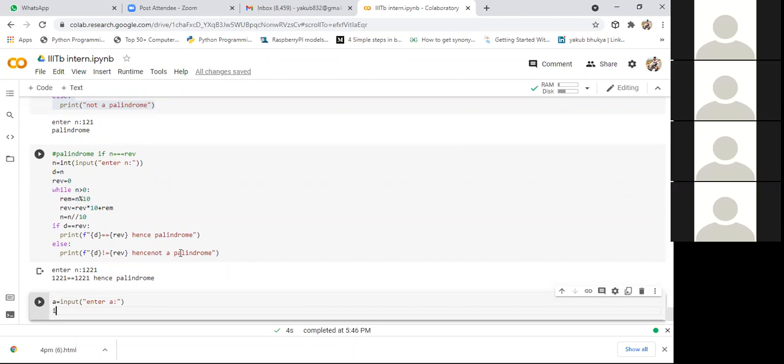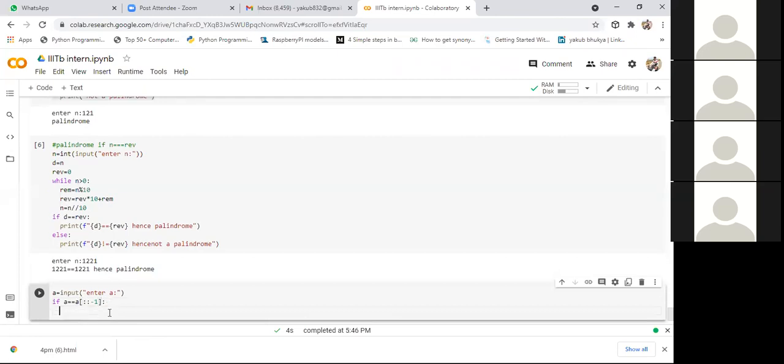After that, in a single line, I'll say if A equals to A of colon minus 1. Here A will contain the original string, whatever string you define here is stored in A. After that, I am performing reverse of the string. A colon minus 1 means we are reversing that string. If the reverse of the string equals the original string, print